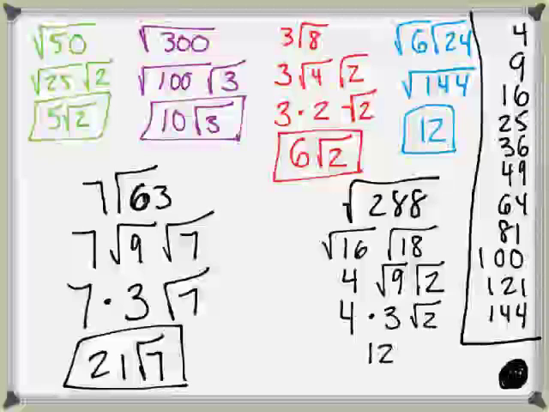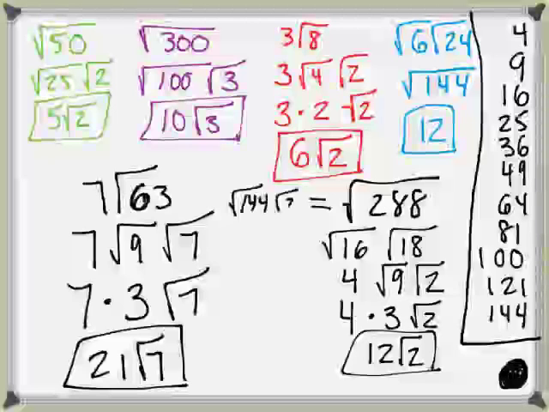4 times 3 is 12, so we get 12 square roots of 2, which is exactly the same thing you would get if you had realized that 288 is 144 times 2. Then you would just get 12 square root of 2 right away. So that's the fastest way to do it, but you can still get there even if you didn't realize and you chose a number higher up on the list. Okay? Questions? Okay, now